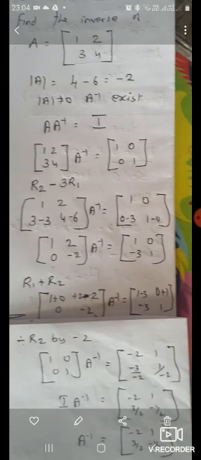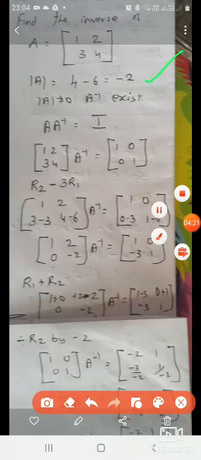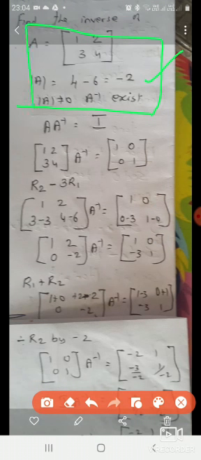Using the transformation method, first of all, to find the inverse, we are going to find out whether it is invertible or not. That means A inverse exists or not. When A inverse exists, the determinant is not equal to 0. That means the matrix should be a non-singular matrix. First decision we have taken is this. So I have found the determinant. It is minus 2. Therefore A inverse exists. Second, A inverse exists means A times A inverse is equal to the identity matrix.